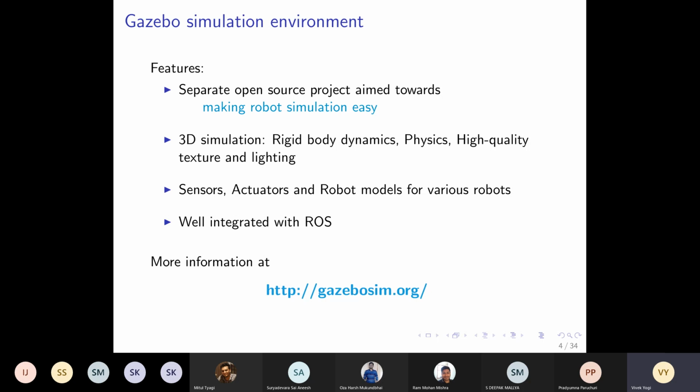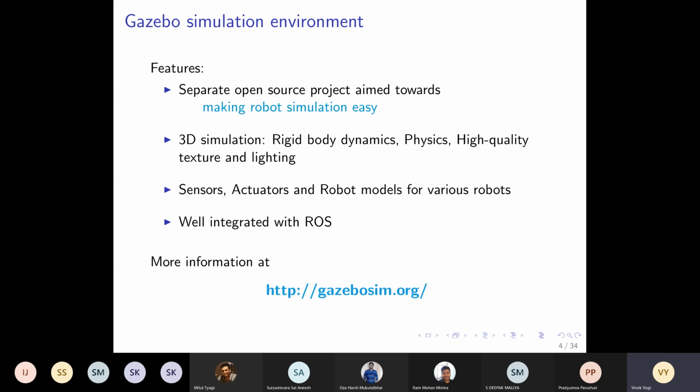Basically what it means is mostly you will have no trouble running it, and it's easy to get started. Another aspect is that lots of utilities or tools have already been created that allow you to go back and forth between ROS and Gazebo, so you wouldn't even notice that you are going to a different software and running a robot.